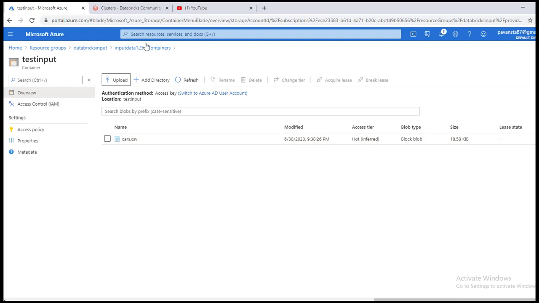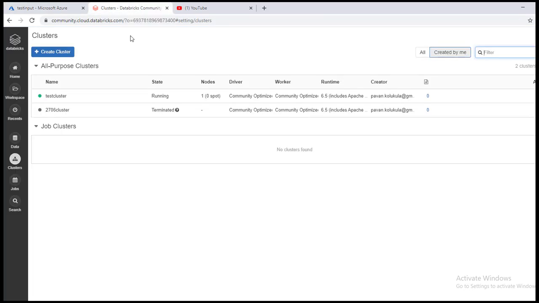Now, since in the free trial version we are allowed to create a Databricks resource, but we won't be able to use it in order to create clusters, create notebooks, write some code and do all the other things, we need to create an account in Community Edition. So I have created an account in Community Edition, and I have also created a cluster, in order to save some time.